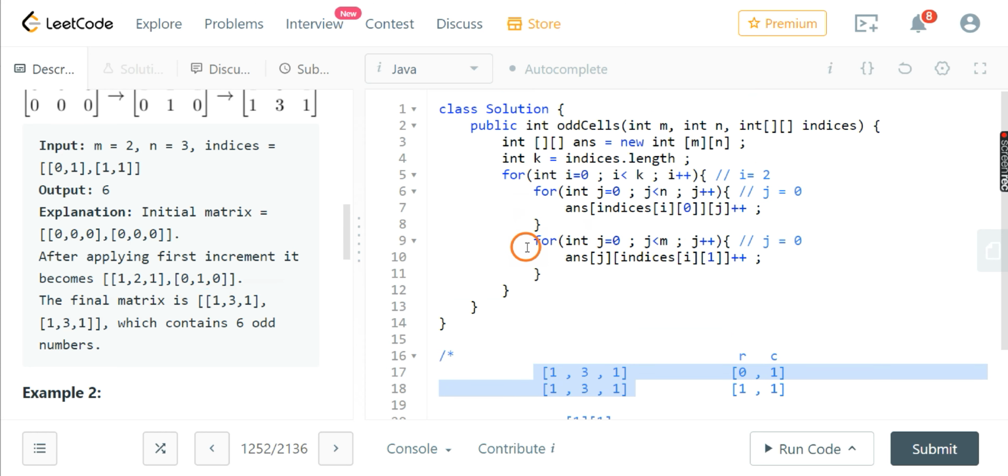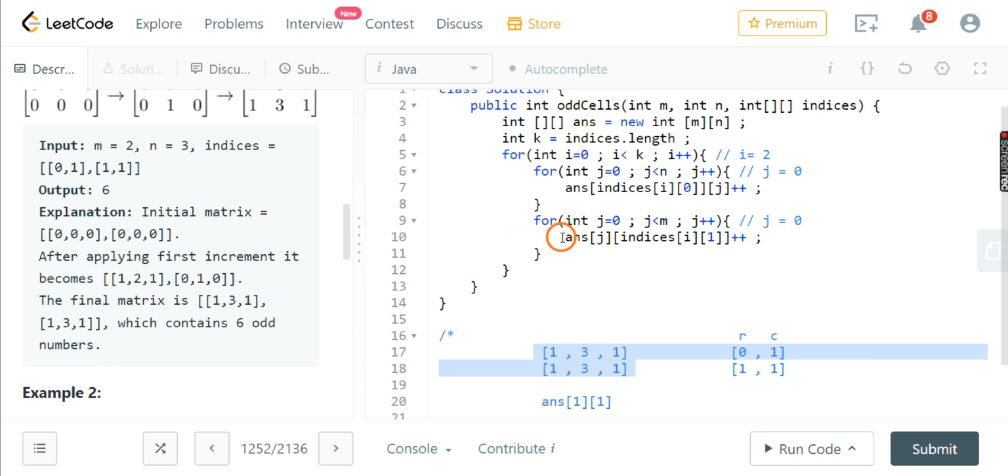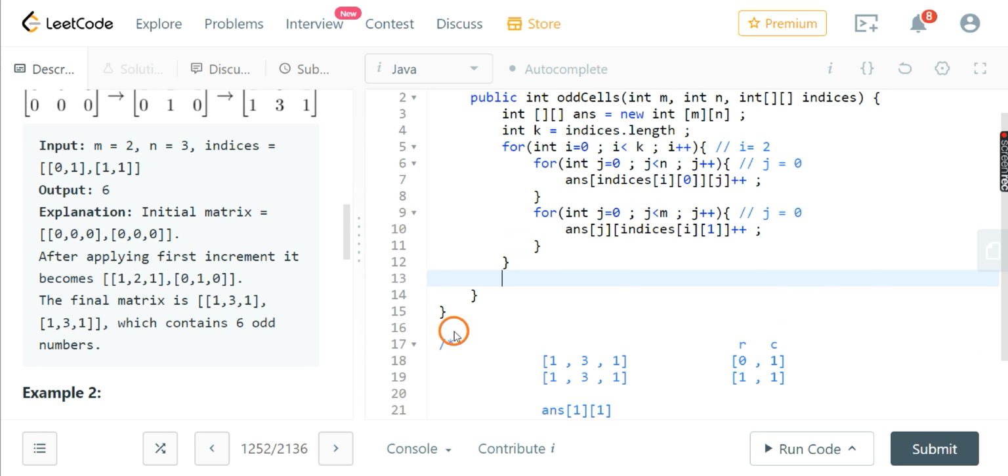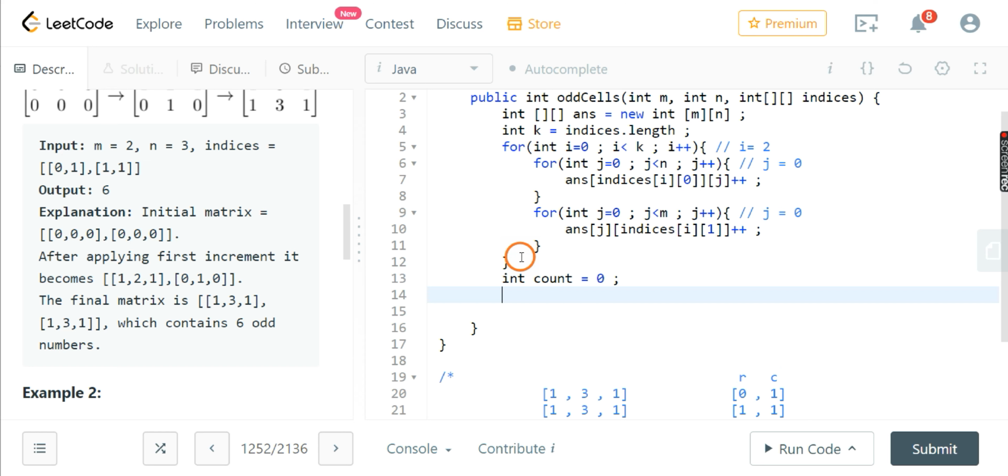So this was only the main part. Now let's complete the code by finding the odd values in this matrix. So let's define our count first. Int count is equal to 0, and in the last we have to return our count.